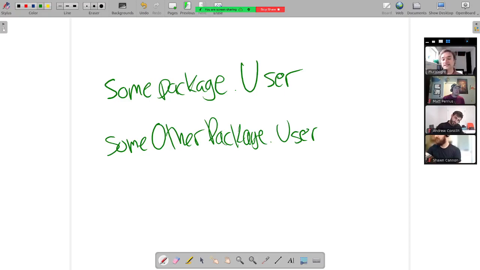Now, you couldn't do this in the same file. If the same class needed both of these, we'd have to use whatever the Java convention is for renaming a package when you import it. JavaScript has the same thing. It's rare that you would need two classes in the same file that have the same name. Doesn't happen that much.